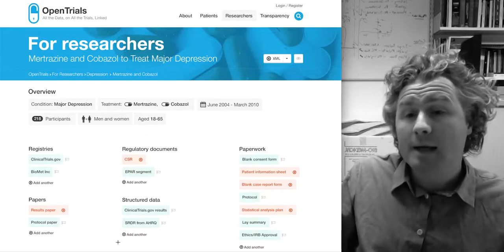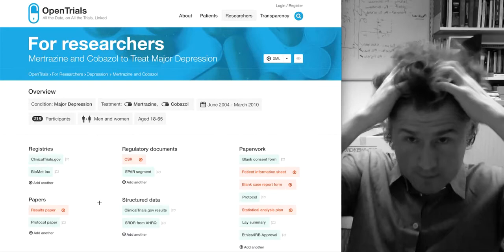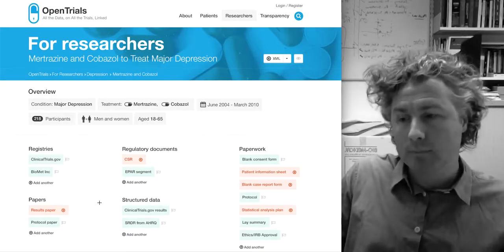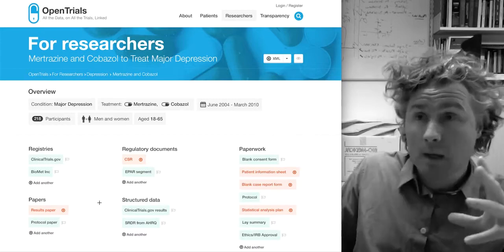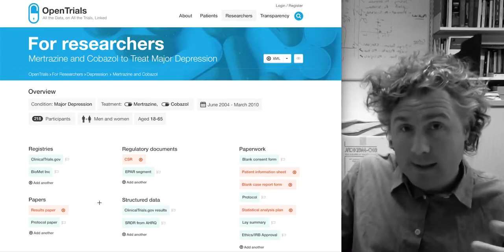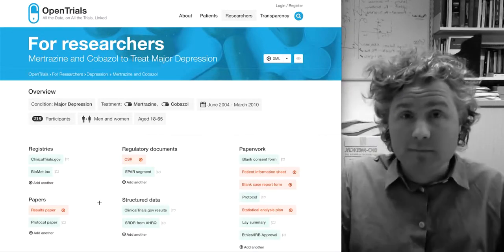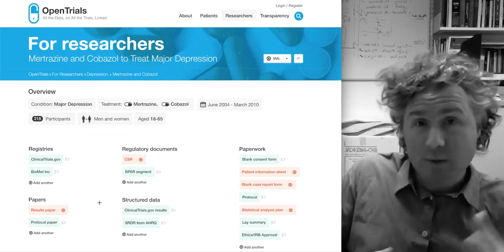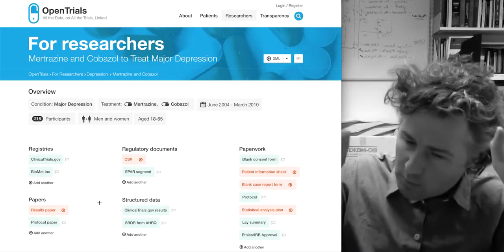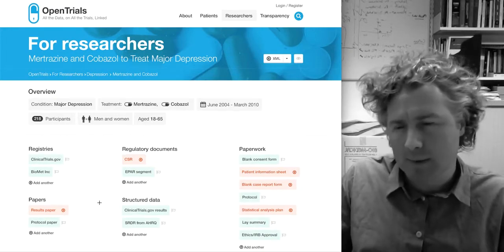So next, structured data. So we've got some structured data on results from clinicaltrials.gov, which are available for an absolutely teeny tiny number of trials, but they're often more complete and probably more accurate than the reports of trials in free text in academic journals quite often, because in an academic journal you can play fast and loose with switching your primary outcomes and so on, and academic journals actually aren't very good at policing that, despite what peer review and editing is supposed to do, despite the persecution they put you through when you submit your paper.